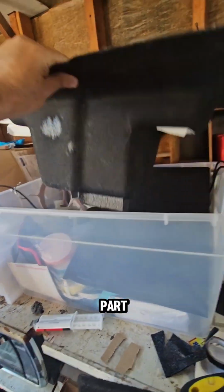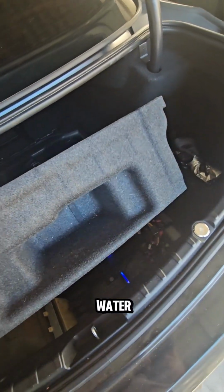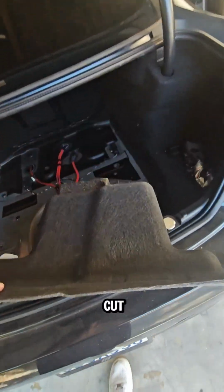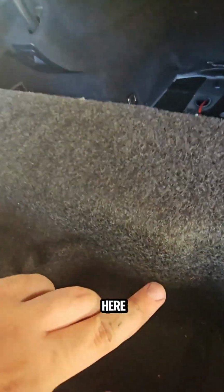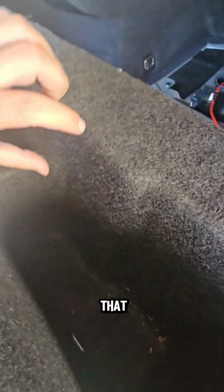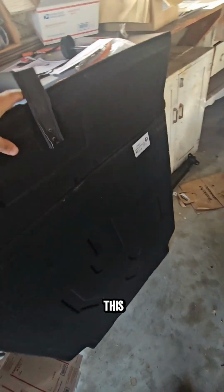Usually this part comes inside and it will cover everything, and it's a bit of risk if you don't want to put it back, because if you had any water leaking there, it's gonna damage everything. So what I'm gonna do, I'm just gonna cut this side. As you can see the mark in here, I'm gonna cut this already from here the whole way. It will be cut in here, and then I'm gonna put a piece of plastic underneath, so instead of that deep, it's gonna be like that deep only, but I will be covering everything as well. But now I cannot put it back, so I just wanna do this as temporary now. Put this one there,